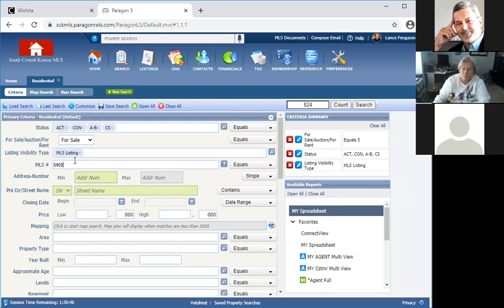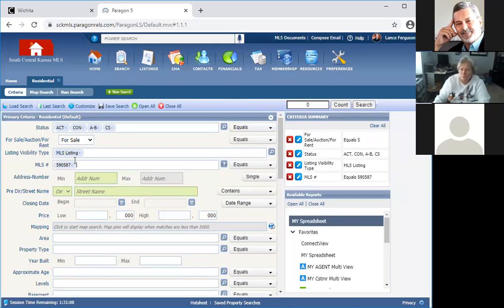I don't even know if this is a listing. Yeah, it's not a listing, but you can type in the MLS numbers here, and you can type more than one in here. So if you have a set of listings that you want, you can type in multiple MLS